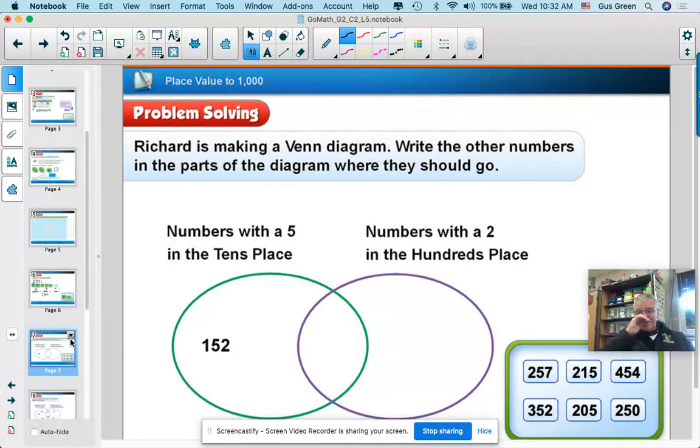Okay, let's do this. This is a Venn diagram. We got 2 big circles with a slightly overlapped spot in the middle. And then we're going to use the riddles to kind of see where these numbers in my number box go. Okay, so the first one, we got a blue circle. It says the numbers with a 5